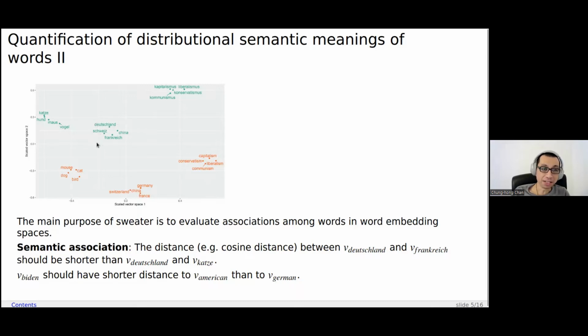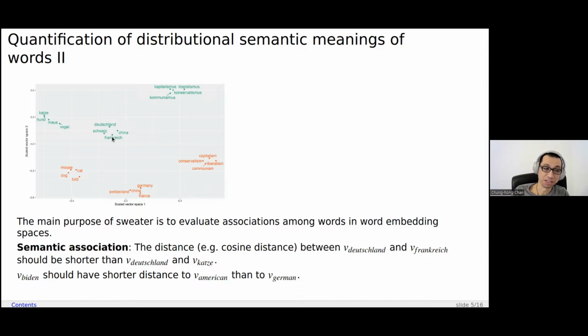You can see that Germany, Switzerland, and France are very close to each other, if we study the distance between the word vectors of these words, but quite far away from other words. For example, these words, communism, liberalism, are much further from each other than the words that are very similar, which are also